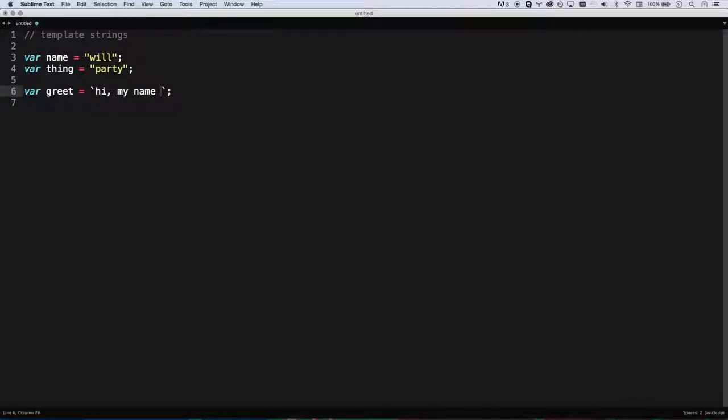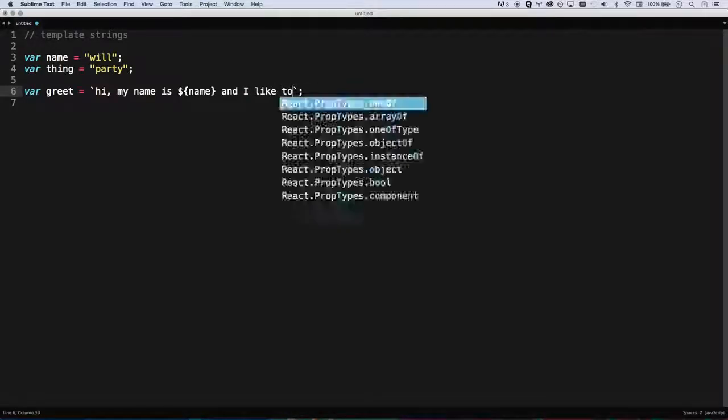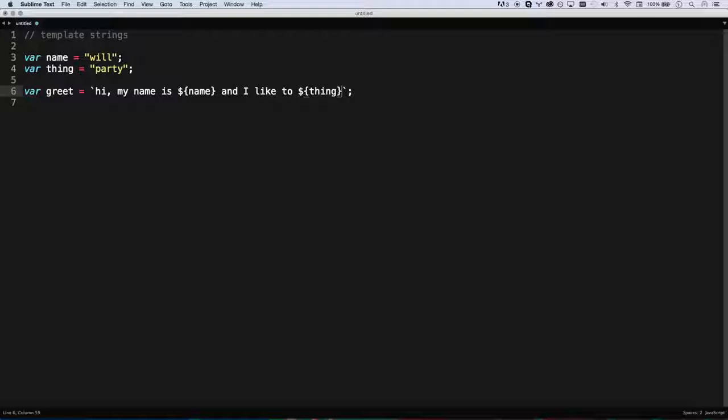Let's see. So, hi, my name is, and then I can go ${name}, which is kind of CoffeeScript-ish, if some of you guys have used CoffeeScript before. The $ sign in those brackets basically means look for that variable, pop that variable in, and I like to ${thing}. There we go. It's done. Add your exclamations, do whatever. Oh, yeah, and guess what? You can also do multiple lines. And I like to party. So there you go. That's awesome. Template strings are tremendous. Let's get into a few more